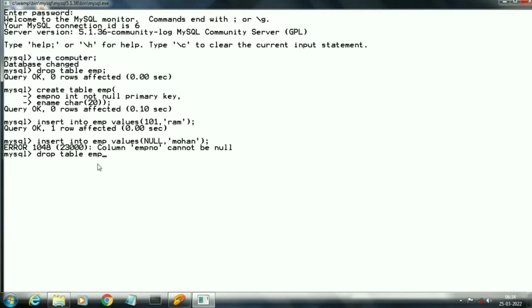In the above examples, we added the primary key constraint at the time of declaration of a variable. But now in the next example, we will add the primary key constraint at the end of the table, after the declaration of all the fields of the table. Here again I am creating the EMP table where I am inserting 3 columns. First one is employee number, second is social security number, and third is employee name.